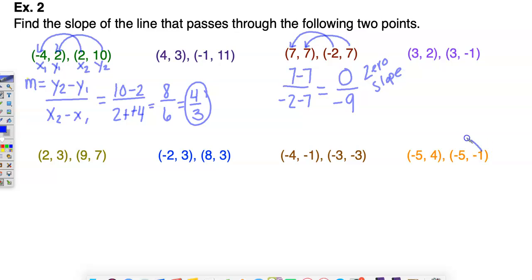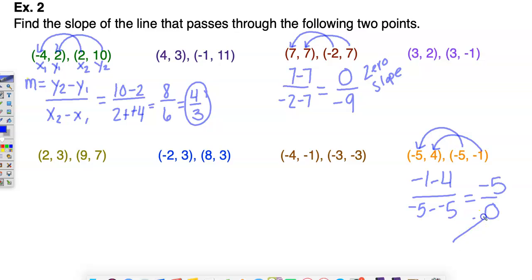If we do this one down here, we have negative 1 minus 4 and negative 5 minus negative 5, which is going to give us a 0 on the bottom and a negative 5 on the top, and 0 on the bottom. That's one of our undefined lines if you graph that, because both of our x values are at negative 5. I'm going to go ahead and